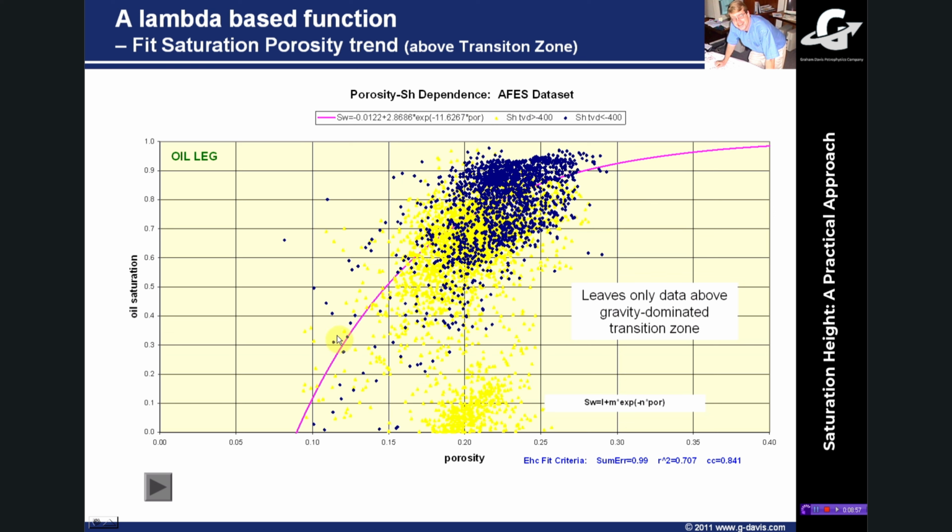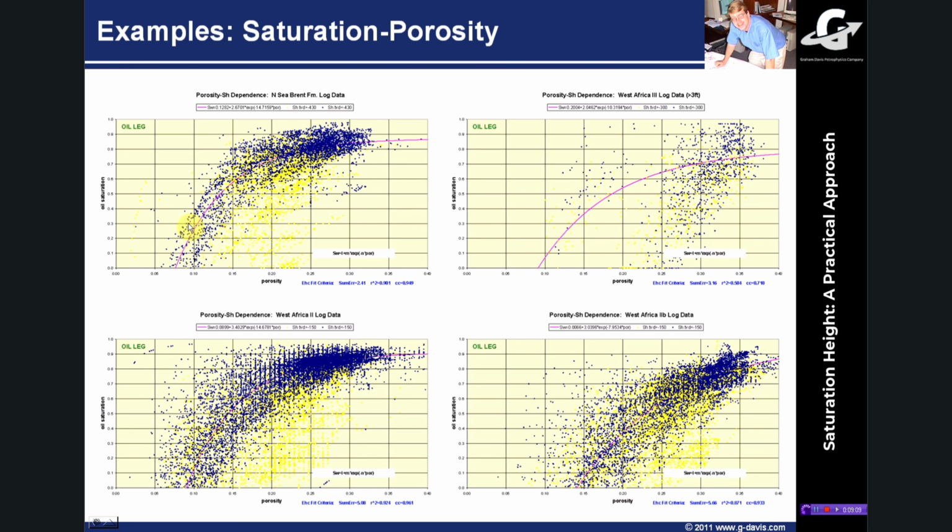Okay, and just to show you some other examples here, you can see the good oil saturation, increasing porosity. If we look at some other examples from some other fields, here you can see a little bit better defined curve. This happens to be a North Sea Brent formation, and you can see that as we get poorer and poorer porosity, the saturation rapidly increases. Here are a couple of related West African fields. They're very reasonably close together, but you can see that this particular one, if you come in here at 20% porosity, you might expect to see an oil saturation of about 70 to 80% oil saturation.